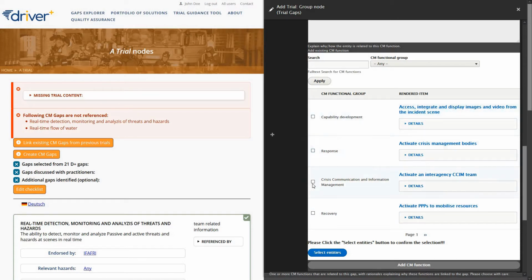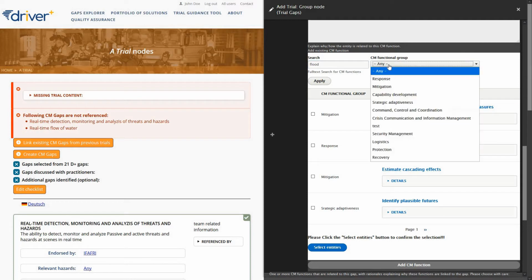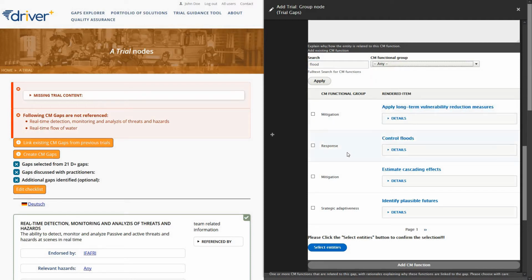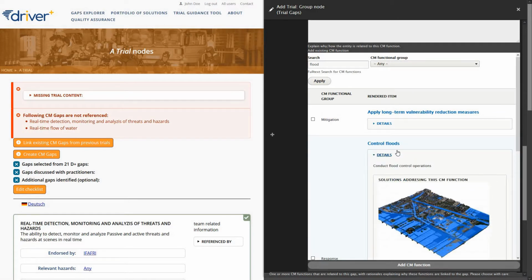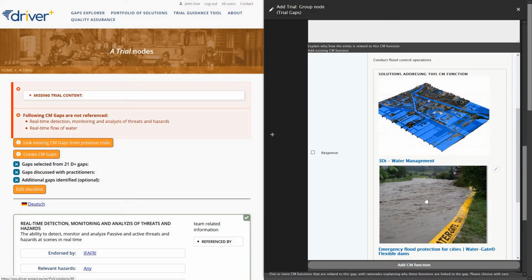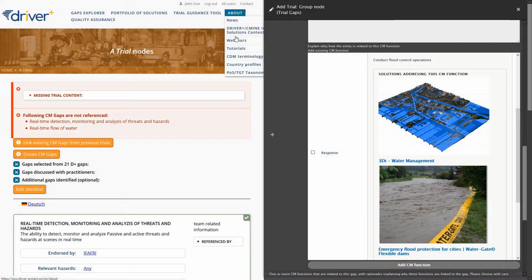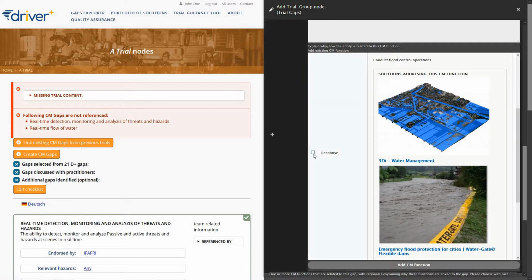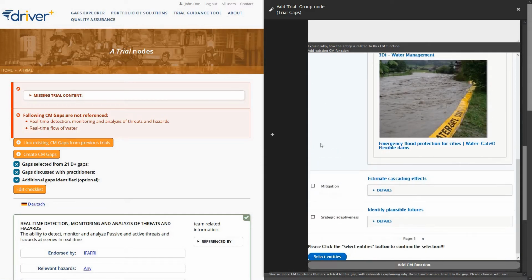You can use full text search for specific terms, or you can filter them by choosing the desired functional area. Here you can also see if there are solutions that are addressing a certain crisis management function. To access the whole crisis management function's taxonomy and other taxonomies used, go to the About and choose Taxonomies from the drop-down menu. You can repeat the process as many times as you want,